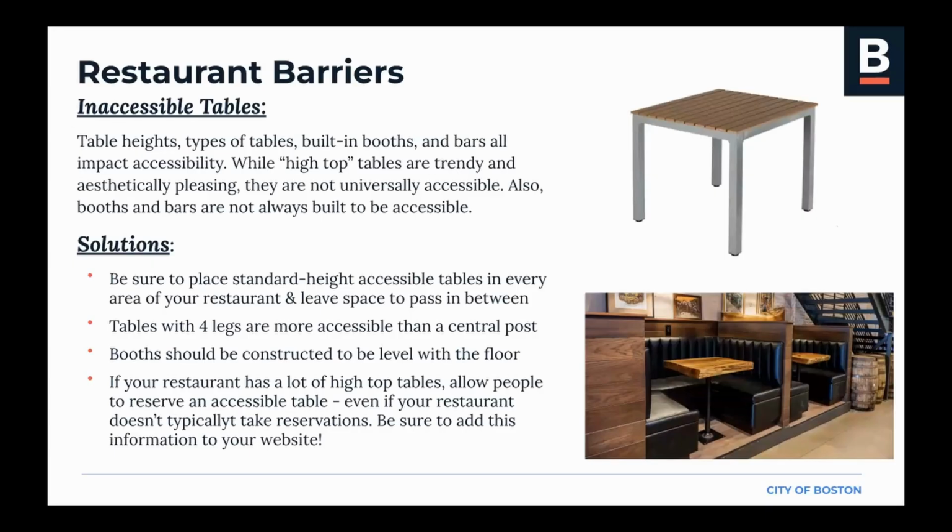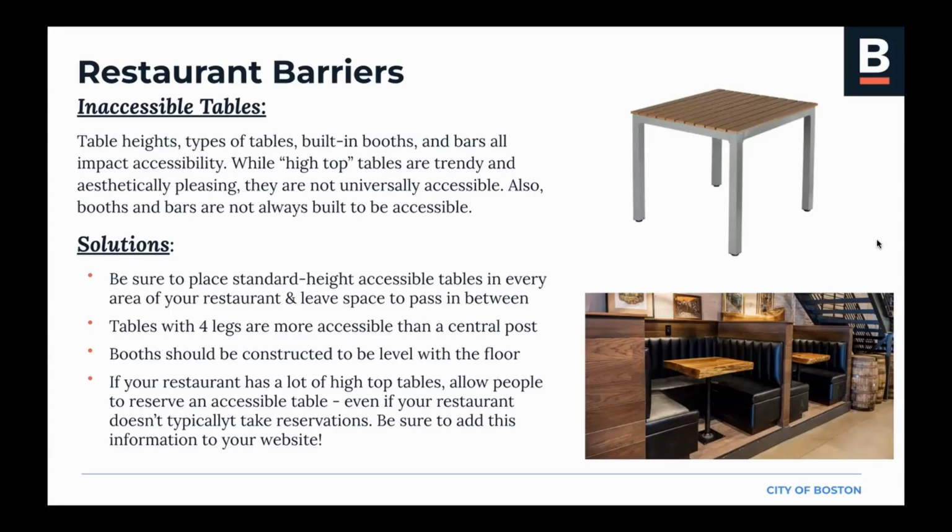Be sure to place standard height accessible tables in every area of the restaurant and leave enough space to pass in between. Tables with 4 legs are much more accessible than those that stand on a central post. Booths should be constructed to be floor level. And if your restaurant has a lot of high top tables, allow people to reserve an accessible table, even if your restaurant doesn't typically take reservations. So be sure to add this information to your website